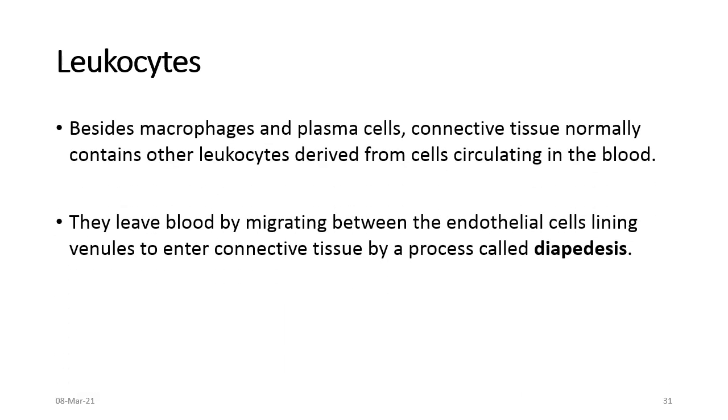We finished the plasma cells. Now we move to other leukocytes, other than the mast cells, plasma cells, and macrophages. Besides all of these macrophages and plasma cells, the connective tissue normally contains other leukocytes derived from cells circulating in the blood. These leukocytes leave the blood by migrating between the endothelial cells lining the venules to enter connective tissue by a process called